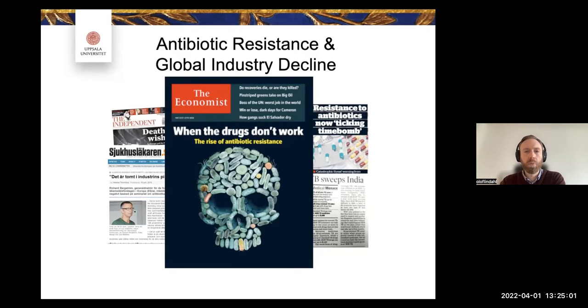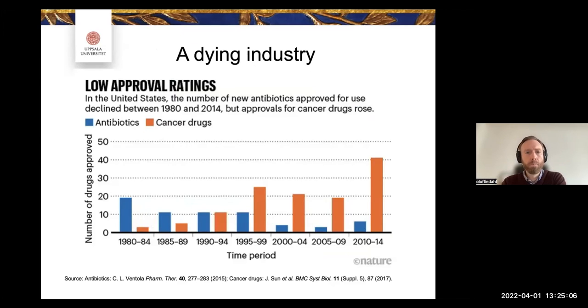So antibiotics are becoming very much a finite product, finite resource. We can see this, for example, and this is just an example, in the number of antibiotics and number of cancer drugs coming to market. We can see a decline on the antibiotic side and a steep increase on the cancer drug side. And for those of you who don't know, you can't make money in antibiotics. You can make a lot of money in cancer drugs. So from a business perspective, that would be one of the main suspects when looking at this graph.